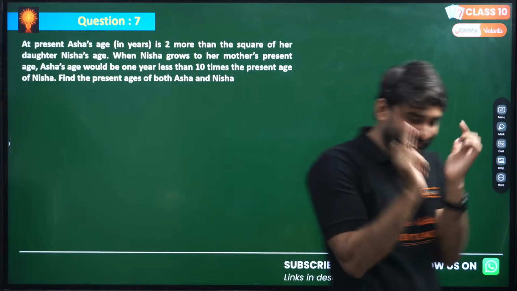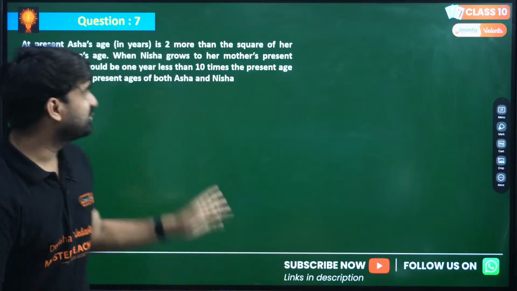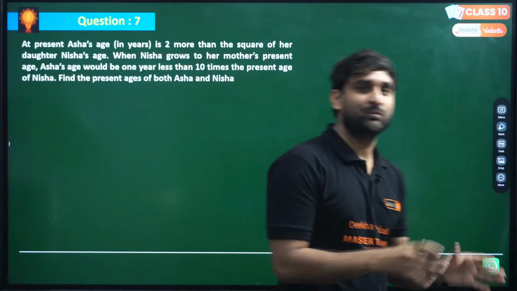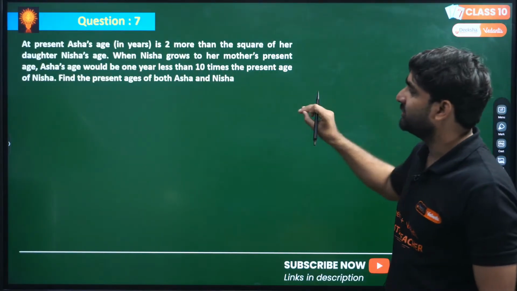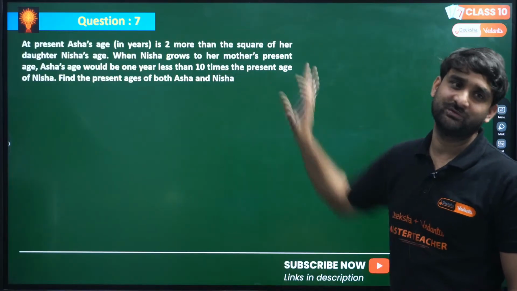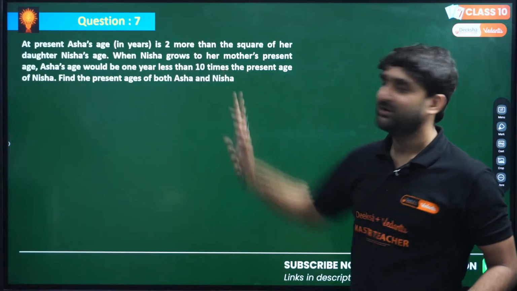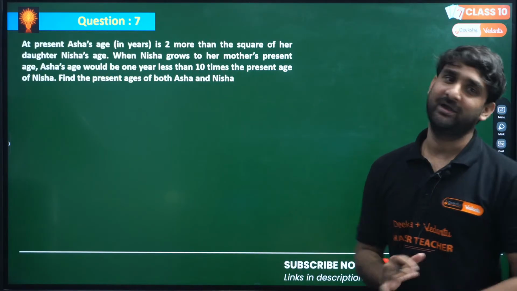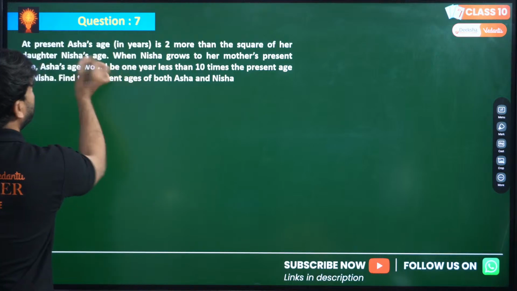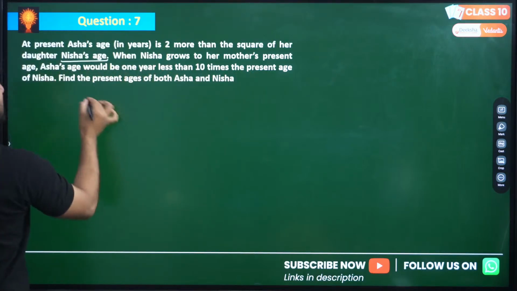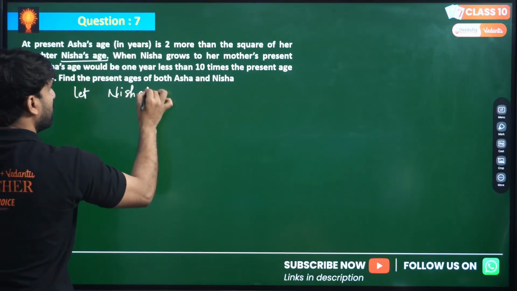It seems a very complex question, I think, but I'll give you a very short, very easy solution for this. In such questions, most students get stuck, because this question is a bit conceptual. Writing the equation after reading the statement is the challenging thing in this question. If you are able to form the equation from this information, things are in your hand, otherwise you cannot do this question. So let me give you the solution. At present, let Nisha's present age be